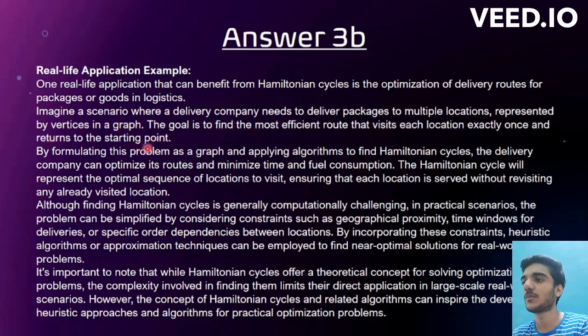By formulating this problem as a graph and applying algorithms to find Hamiltonian cycles, the delivery company can optimize its route and minimize time and fuel consumption. The Hamiltonian cycle will represent the optimal sequence of locations to visit, ensuring that each location is served without revisiting